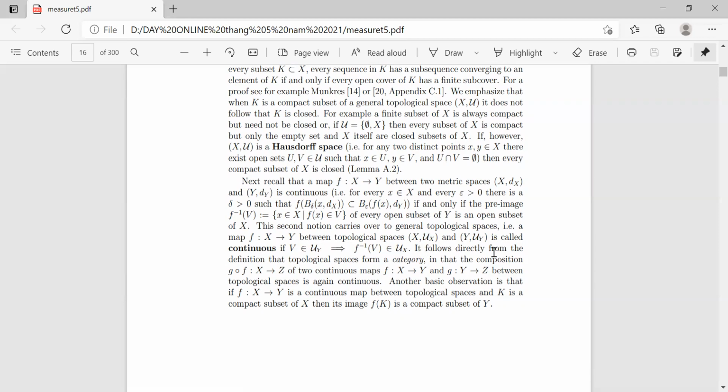It follows directly from the definition that topological spaces form a category,